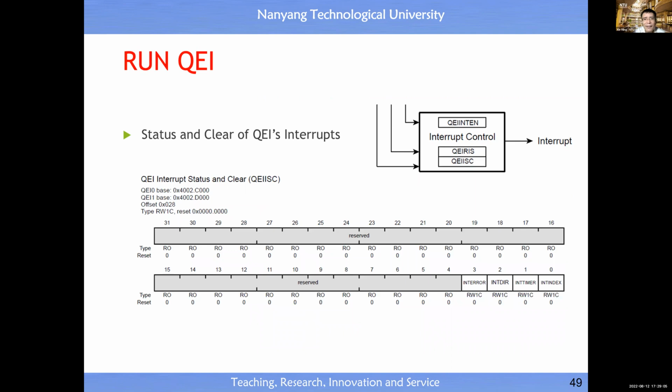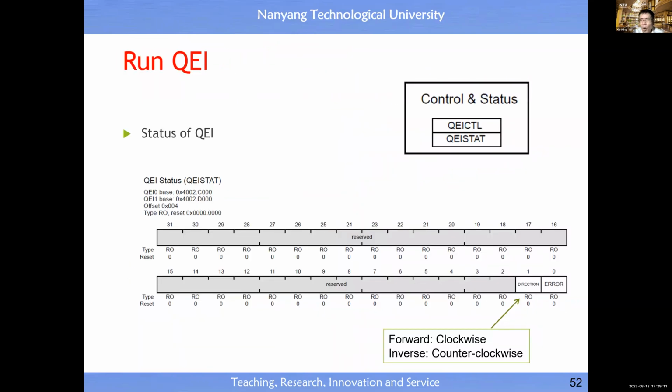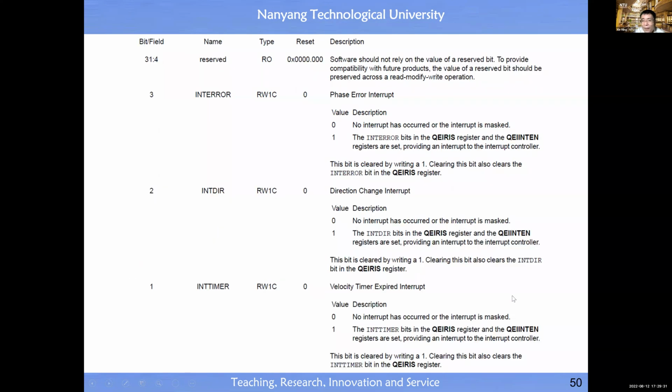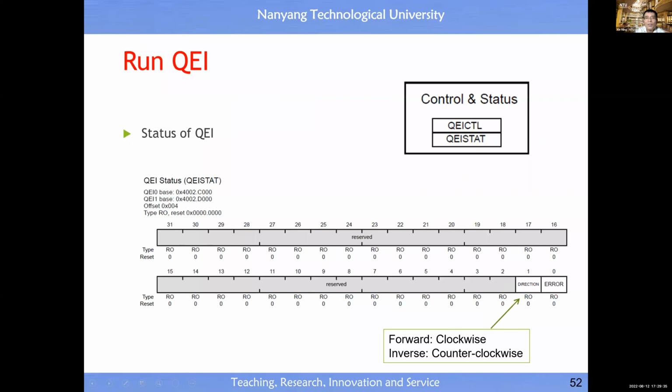I guess you can also clear the interrupt, read the interrupt and reset the interrupt, etc., and know the status of operation. This also indicates whether there's an error and whether it is now continuously running in clockwise or counterclockwise rotation. You just know the direction of motion. Read this one. Interrupt here tells you there's a change of direction. So you get all the data.